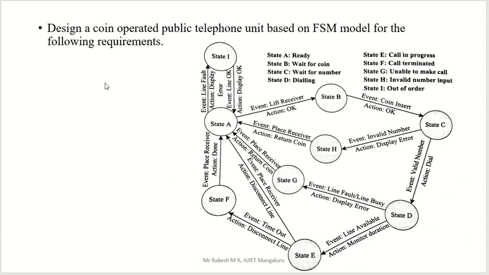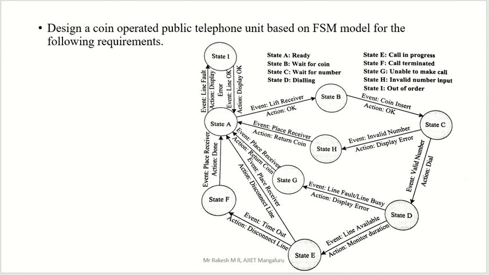You are going to put a coin there, because when you take the phone, in the display you get the insert coin message. So you put the coin inside that telephone box, and automatically you get press number. So you press the number there. After that your call gets connected, which means you can talk, right? So there are some procedures that we have to write in the FSM model. So what are the states? We considered many states. You will see them one by one.